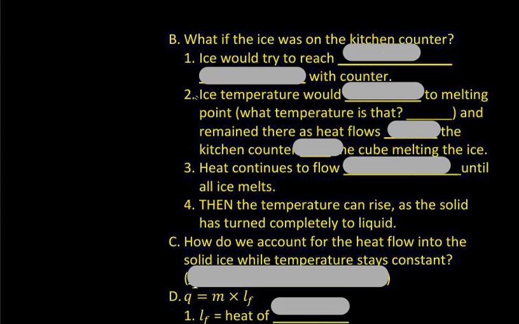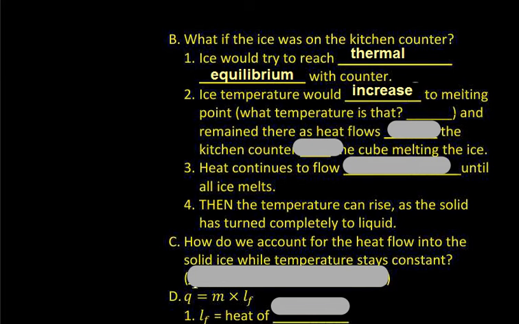So, what if the ice was on the kitchen counter? Well, the ice would still try to reach thermal equilibrium with the counter, but the counter has a significant amount of heat capacity. And so the ice temperature would continue to increase to its melting point. But again, what temperature is the melting point? It is 0 degrees Celsius. And it would remain there as the heat flows from the kitchen counter into the ice cube, melting the ice. The kitchen counter certainly isn't going to melt, and it's not going to freeze because it's already a solid, but it has significantly more heat capacity than the ice. And heat will continue to flow, and here's the kicker,